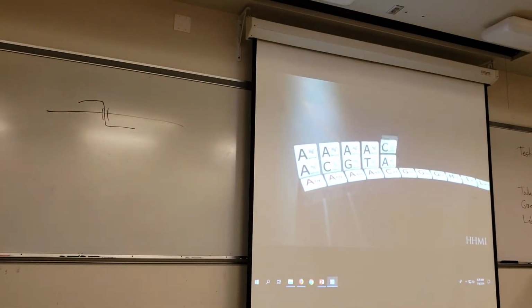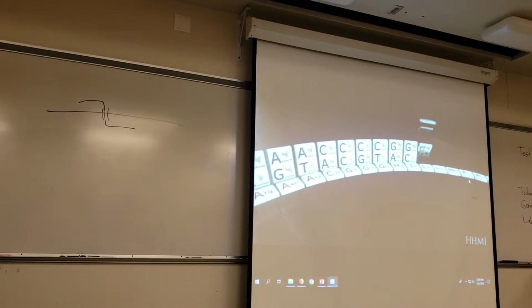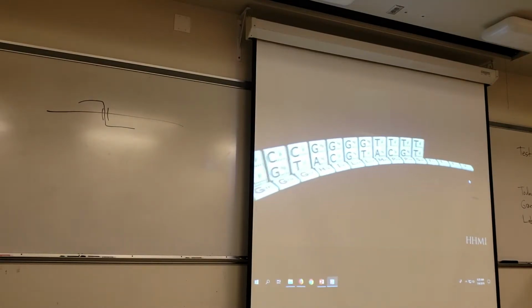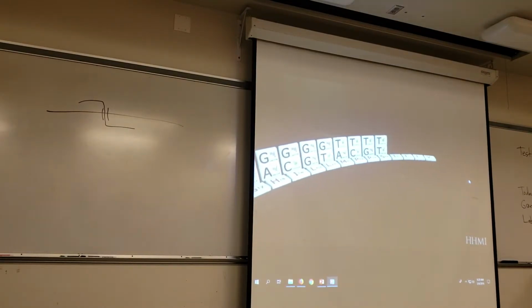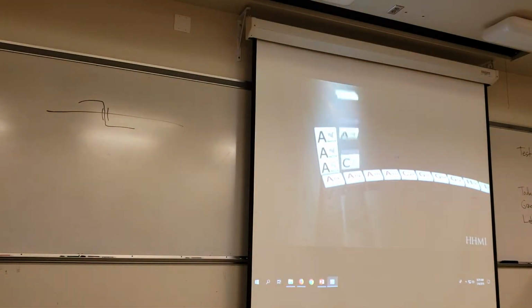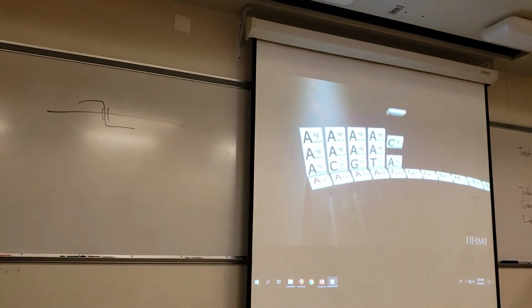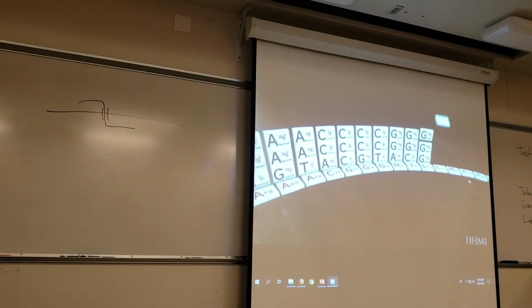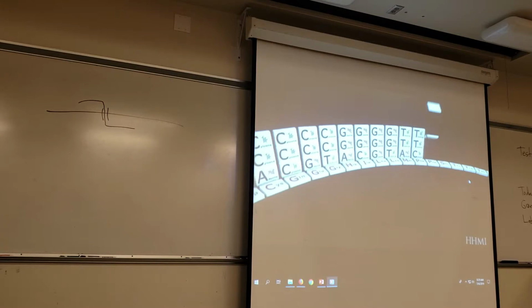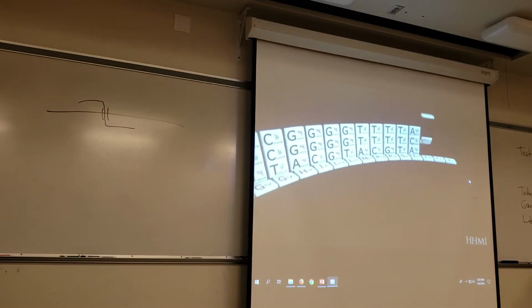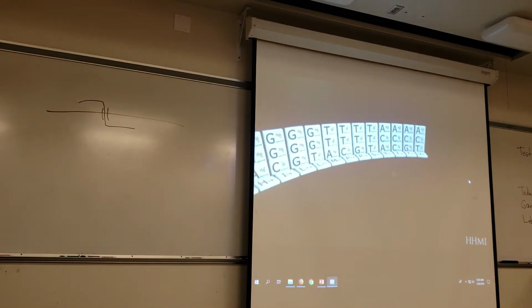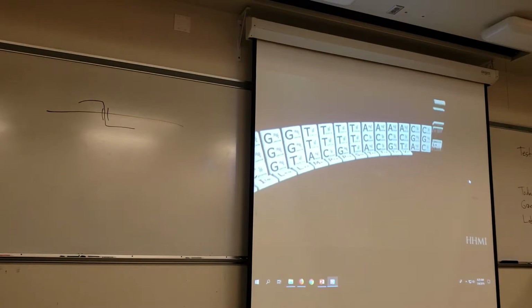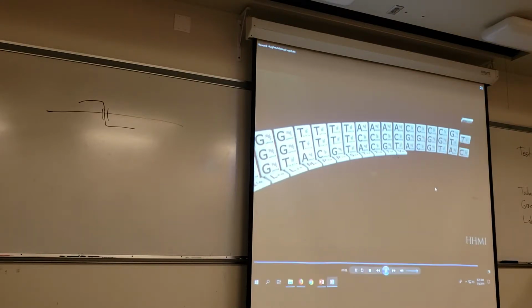2 letters in every possible combination could code for up to 16 amino acids. Still not enough. But 3 DNA letters provide more than enough combinations to code for all 20 amino acids. So 3 was the answer. It was a triplet code. So with that in mind,